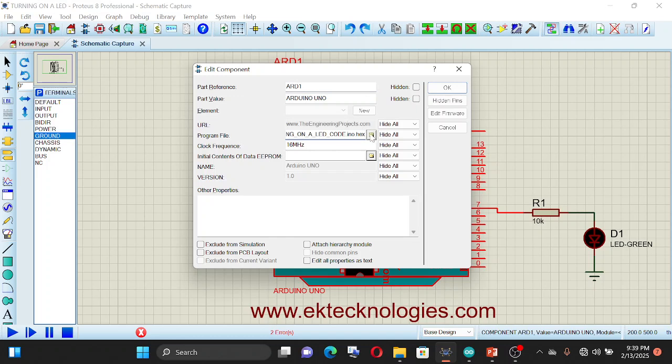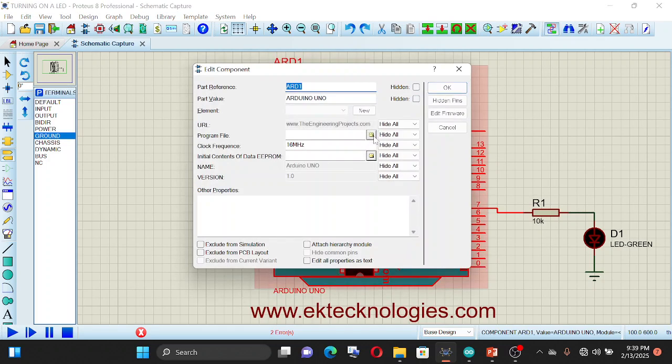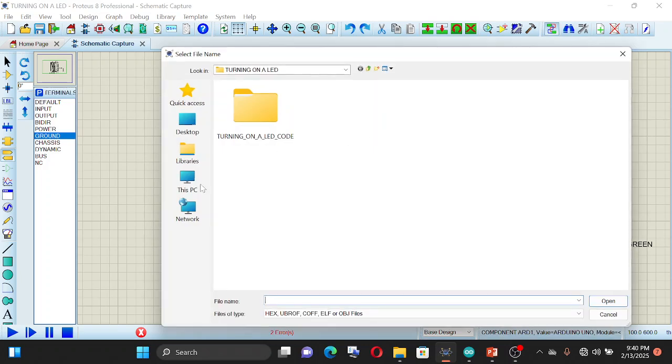The other method: let's consider that we hadn't used the first method. I'll show you how to load the code using this other method. Double click on the microcontroller, click on the folder at program file to select the root directory.